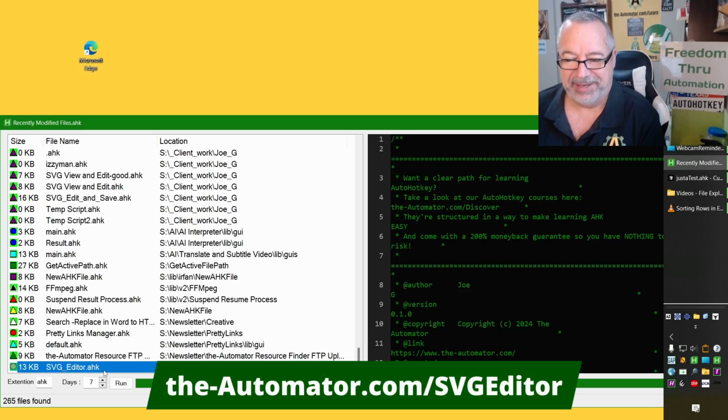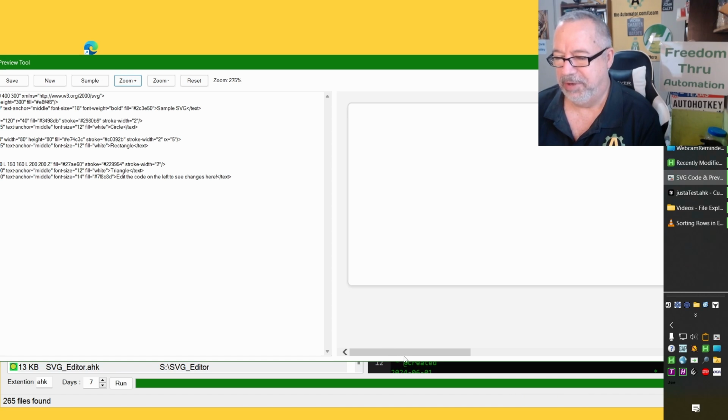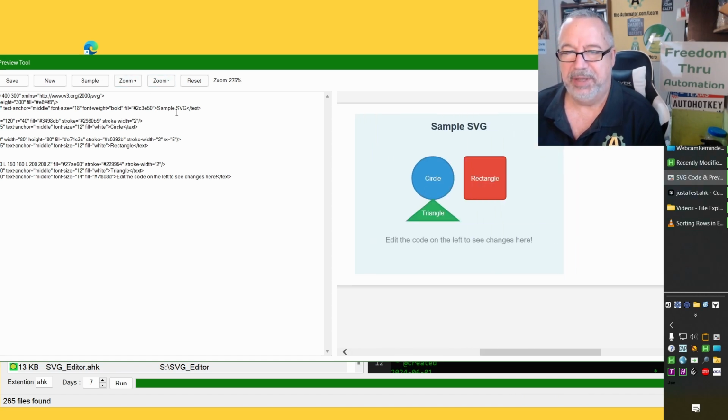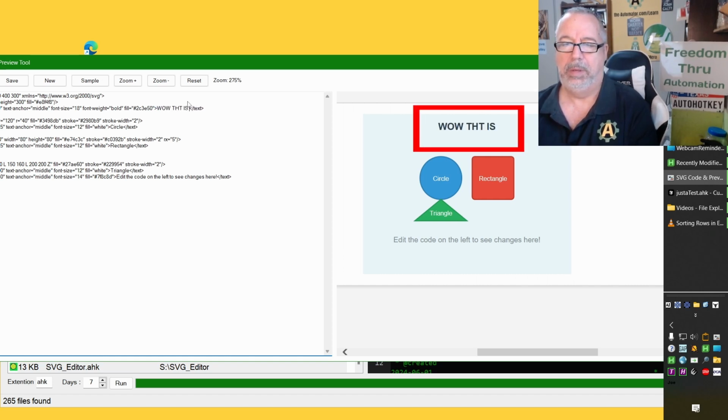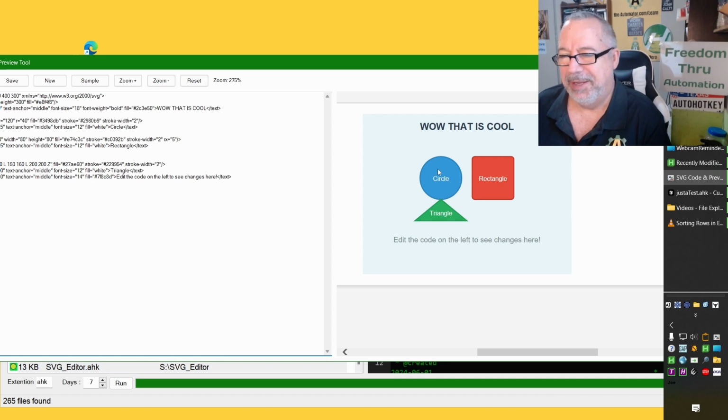And this SVG editor, during the hero call, I showed it to people. Let me go ahead and launch it. I think I did a video on this too, and I updated it now. So now when I zoom in and scroll over, this stays. But SVGs are really cool because you can change the text, and that is part of your image, right? So really cool. I can change the size of things. I can change colors, and this